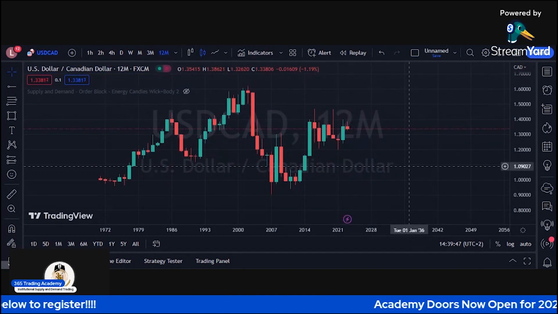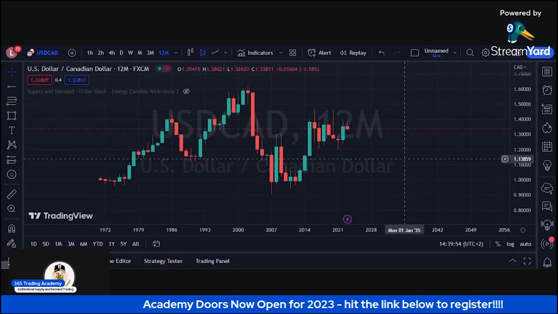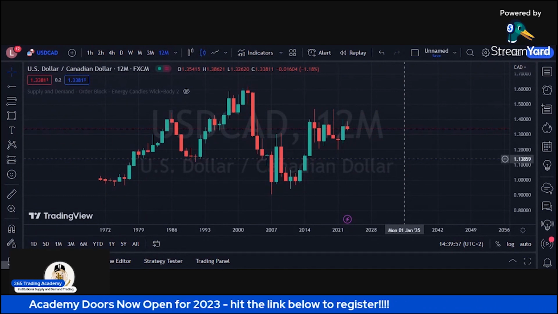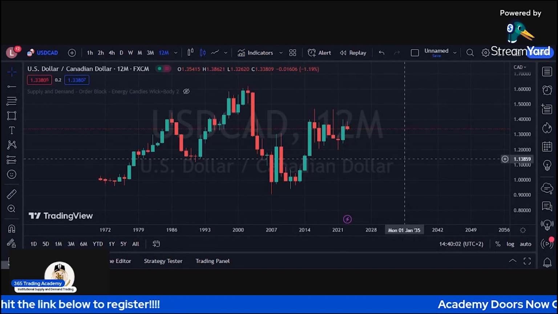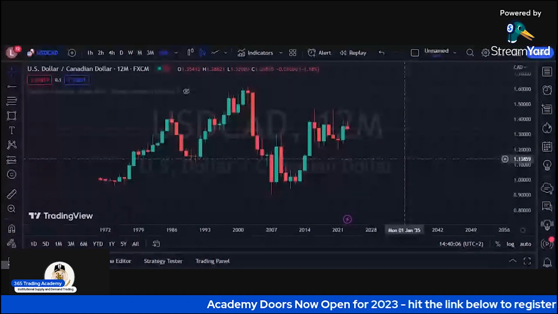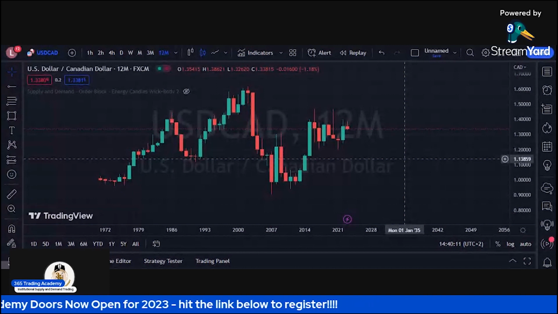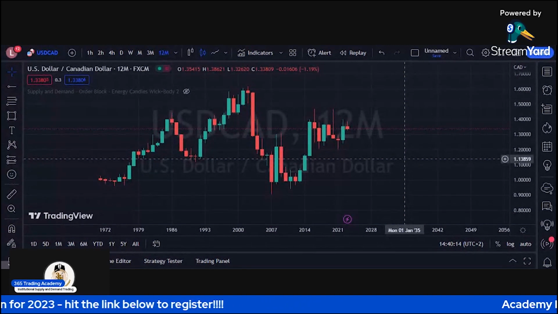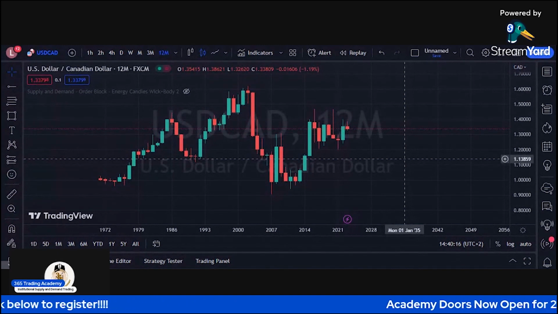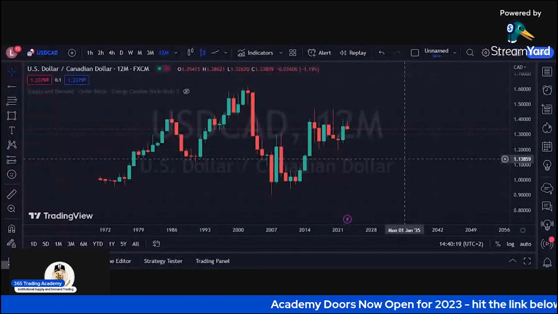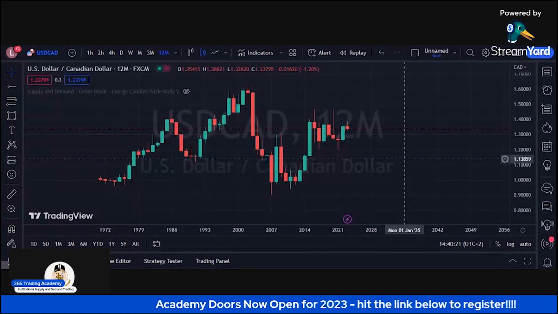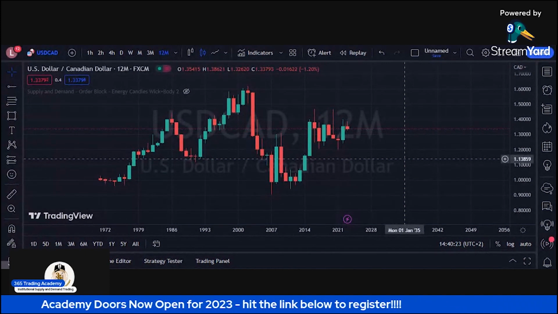The dollar is very sentimentally sensitive. Sometimes you get safe haven flows, and at times like now, the dollar wants to be thrown away by every single policy maker, every single reserve bank except for the US, and the dollar is being treated like it's useless, it'll drop. You also then have the CAD. CAD is also sentiment sensitive, specifically oil-based sentiment, right? Canadian dollar, Canadian economy, export economy. So oil and gold will affect this economy a lot. So these are very sentiment sensitive assets put together, USD CAD.